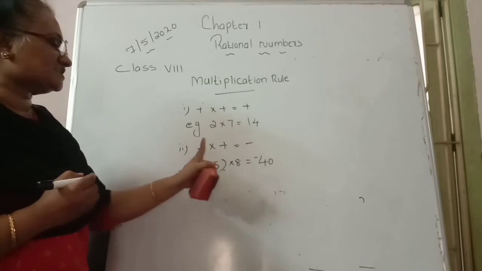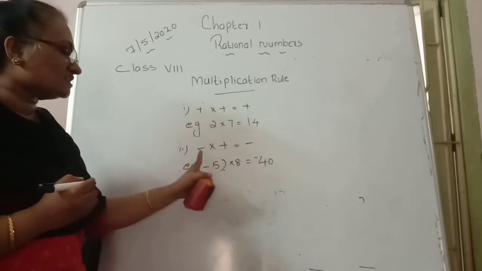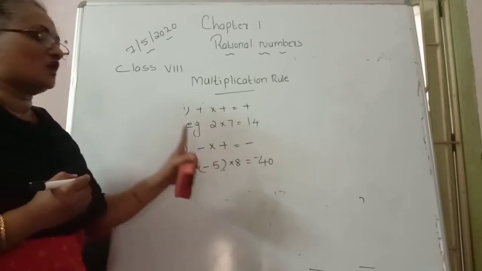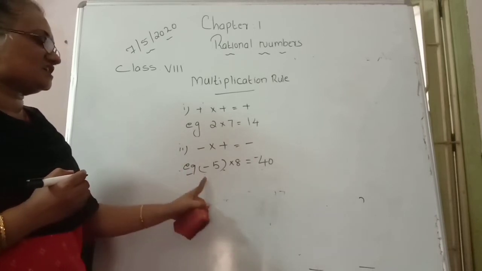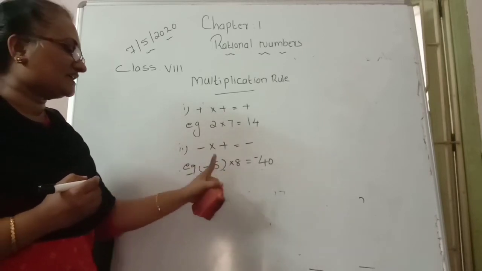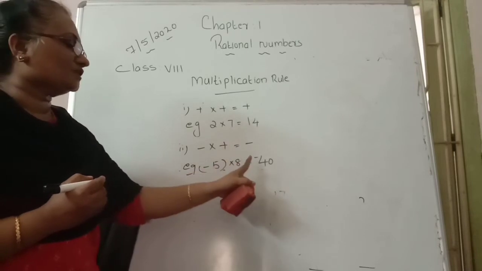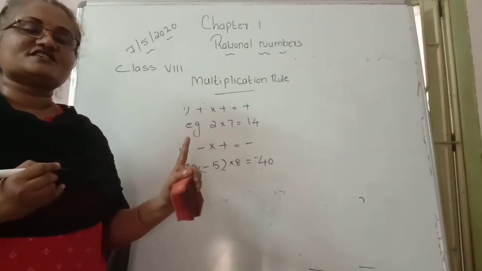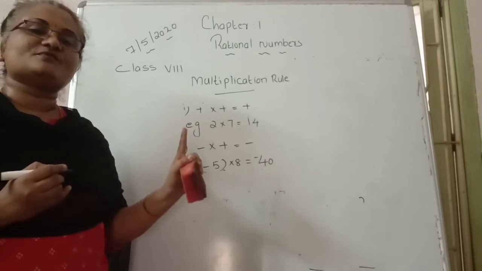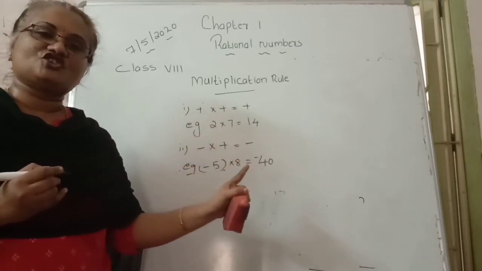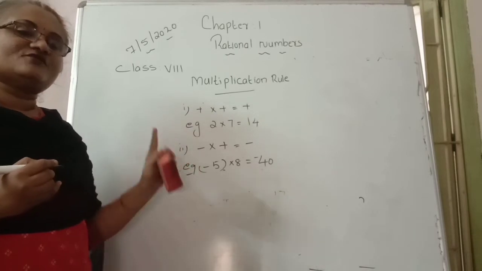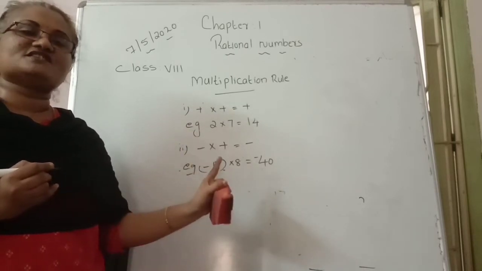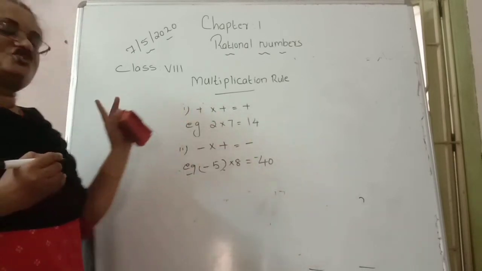or otherwise in this way you can think, how many times a minus sign is repeated there. One time a minus sign is repeated. That's why first we multiplied the given numbers and put a minus sign. An odd number of times a negative symbol repeated means our answer becomes a negative answer. Here, an even number of times a minus symbol repeated means our answer becomes a positive answer.